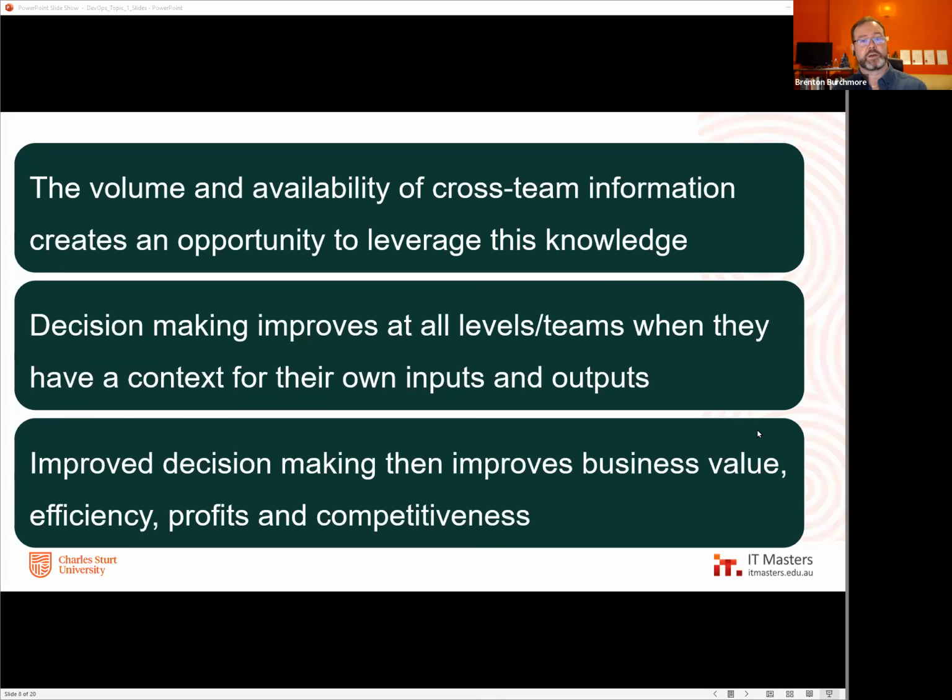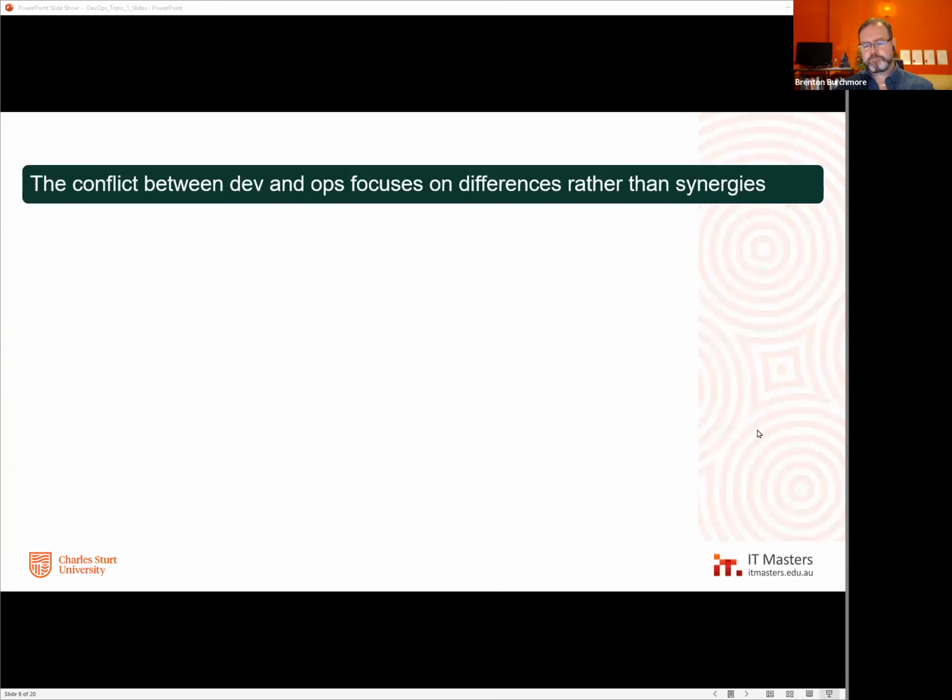It's also led to things like DevOps as a way to make better decisions in the creation, delivery, and maintenance of software and related services. So there is this conflict that exists between development and operations. And if we say, okay, accepting the fact that the silos are breaking down, and some would say they kind of have to, and we can see some of the reasons why that's happening, why is it not happening neatly for everyone everywhere?